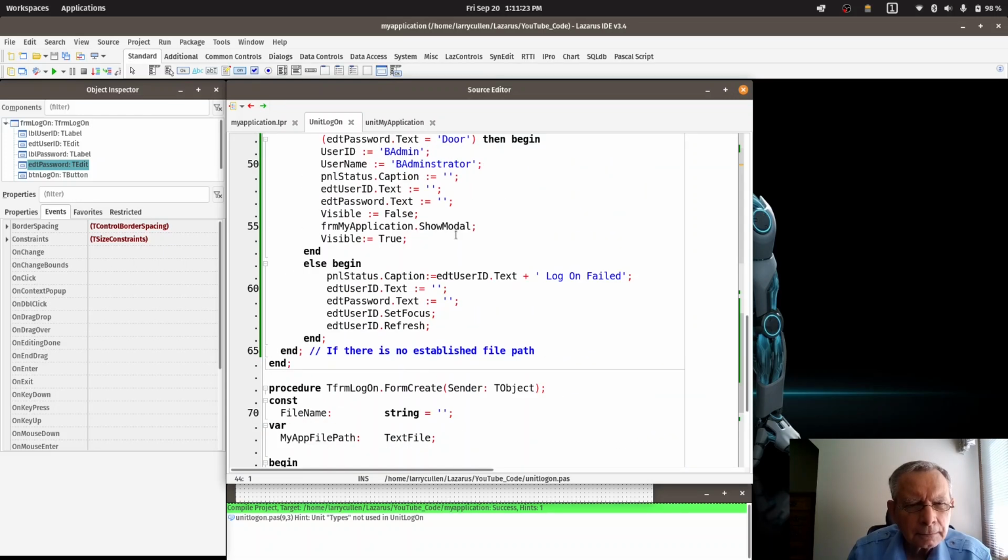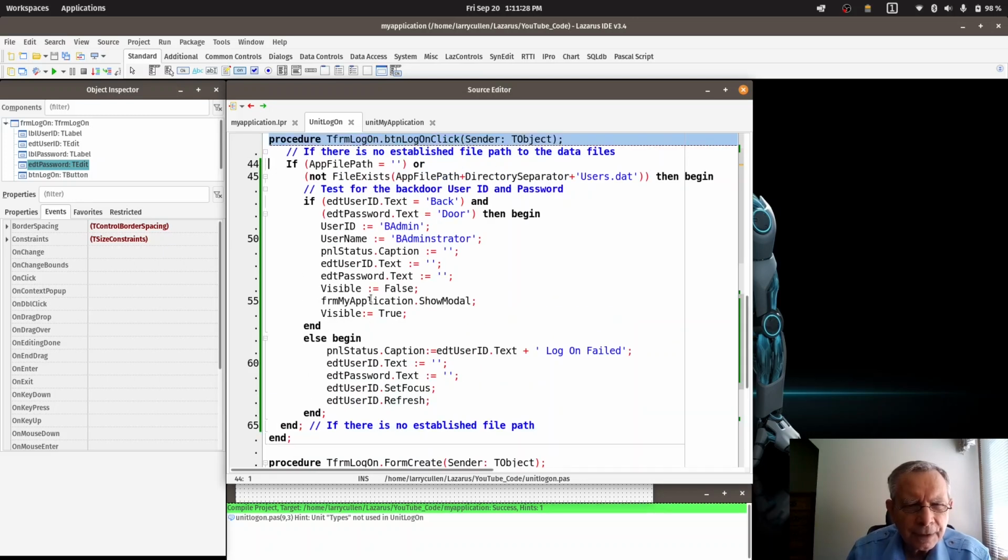Okay. So after the application window is closed, we return here. We set visibility of the logon window back to true. And now we have to do user ID set focus again, which is right here. So we will steal this line. Steal it, but you know what I mean. We're going to take this line